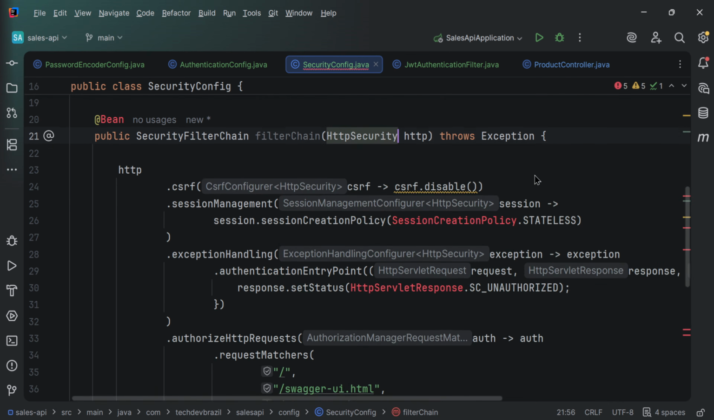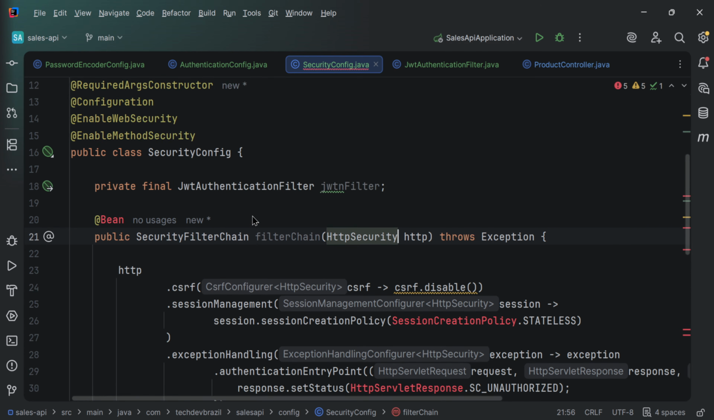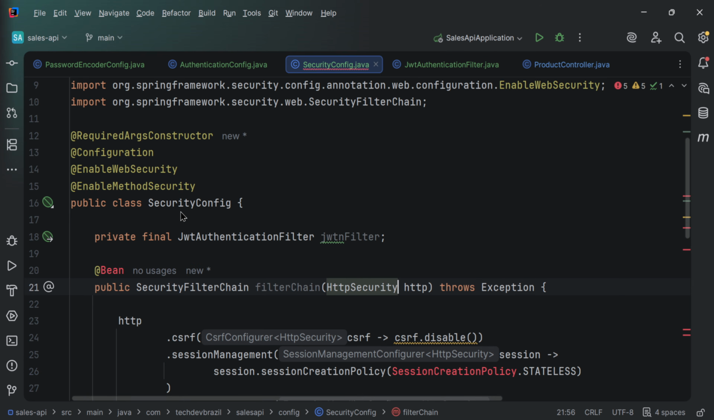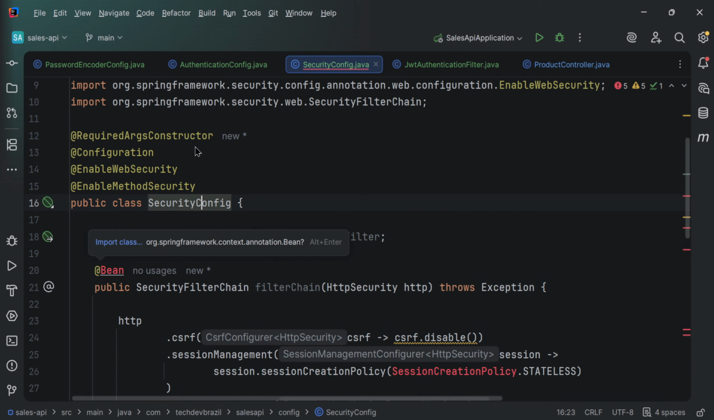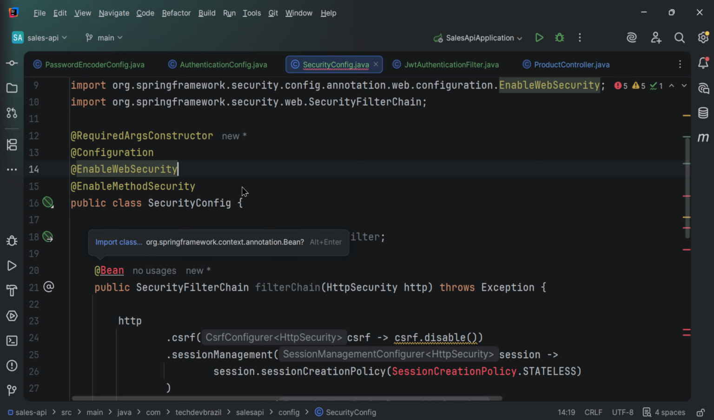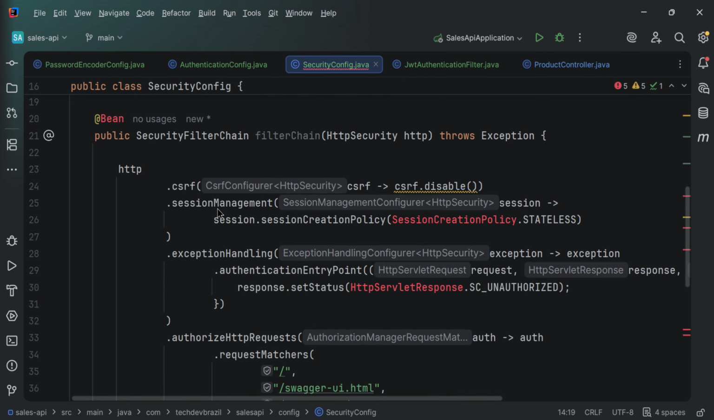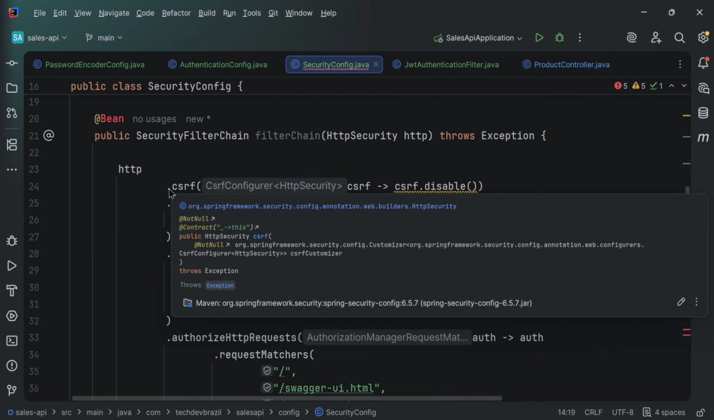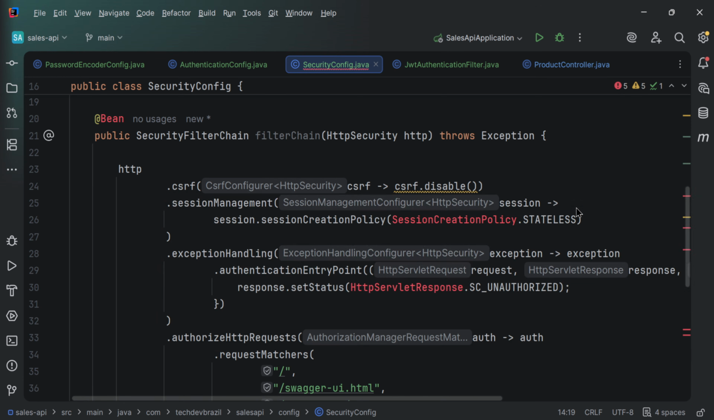All right, so we are going to do a very important configuration here. First, in our security config, we are saying that it is a configuration. We are enabling web security and also method security. Okay, and now we are going to create a method that we need to configure to set up a few important things. For example, we are going to disable